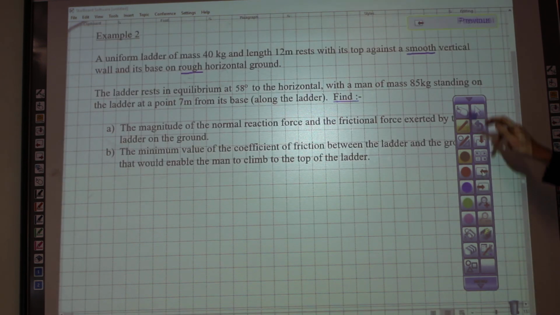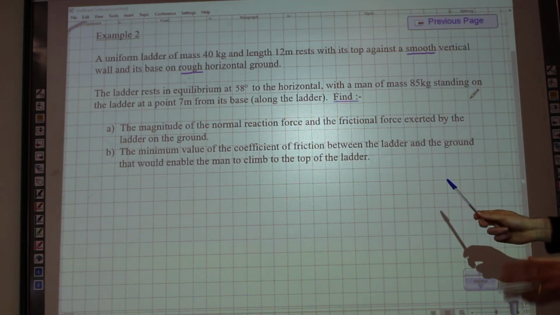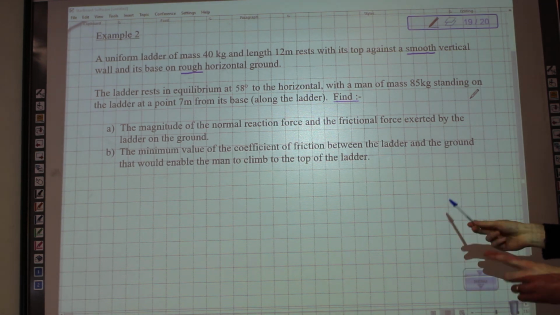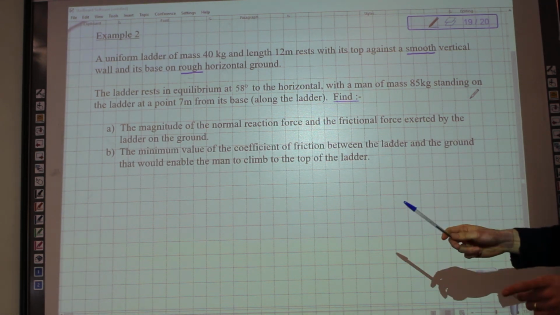Okay. Right, let's move on and have a look at part B. The minimum value of the coefficient of friction between the ladder and the ground that would enable the man to climb to the top of